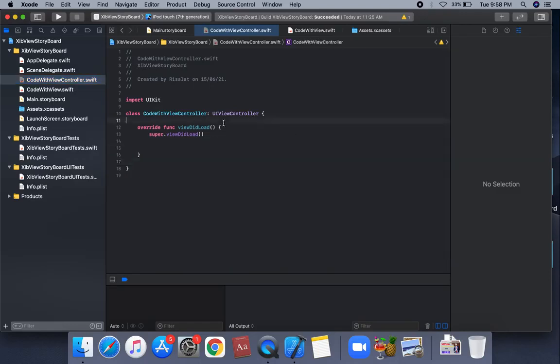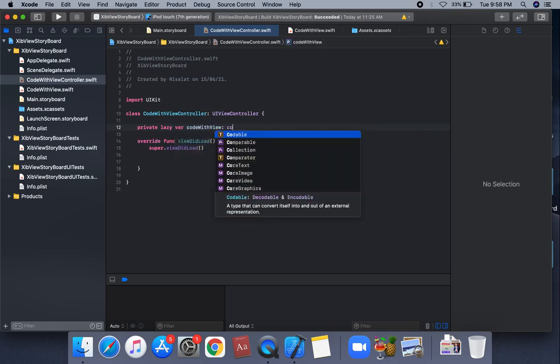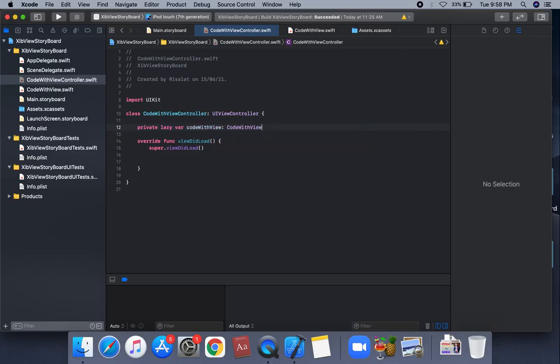Firstly, we can create the instance of this view. So private lazy var codeWithView, which is of type CodeWithView, and we're gonna create this lambda instance.